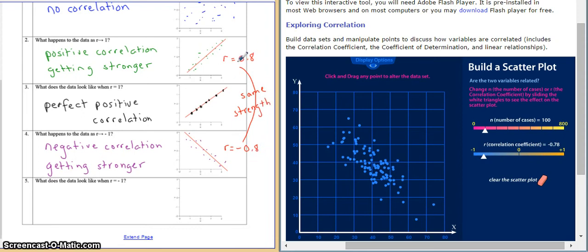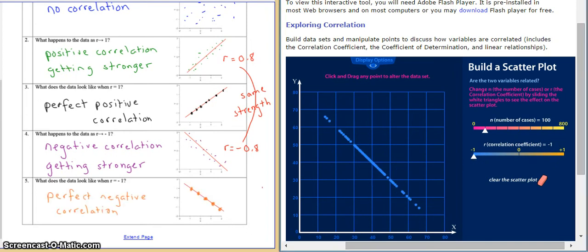So even though numerically 0.8 is higher than negative 0.8, it's the magnitude of the number that tells you how strong the correlation is, and it's the sign of the number which tells you which direction. And I'm sure you can guess now what it would look like if your r value is exactly negative 1. You guessed it. It is a perfect negative correlation with your trend line decreasing and every point lying on the